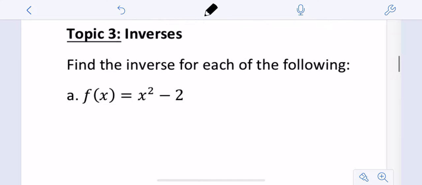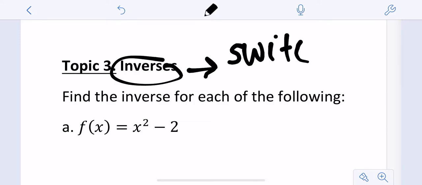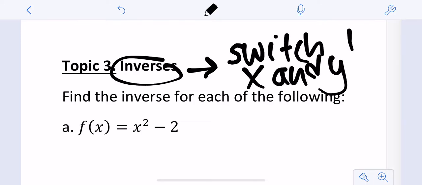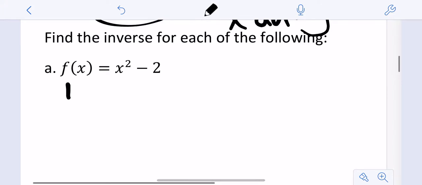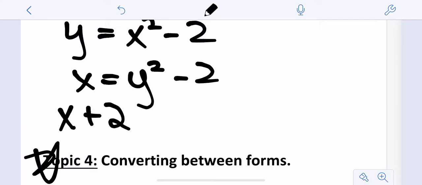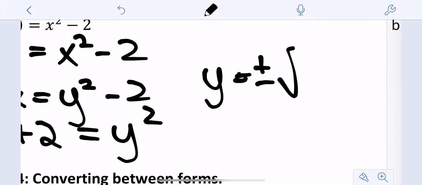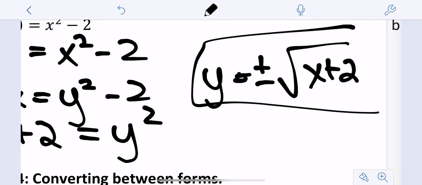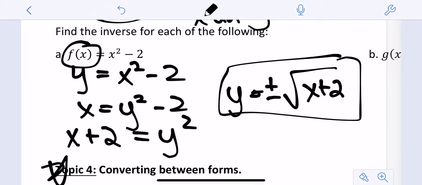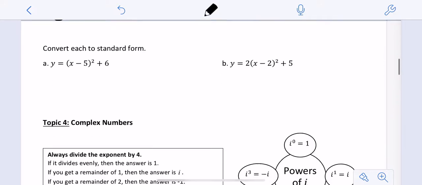So let's talk about inverses while we're here. Inverses should make you think of one key phrase: switch x and y. That's the big thing to remember with inverses. So this is really y = x^2 - 2. When I switch x and y, it's going to be x = y^2 - 2. And so I'm going to add 2 to both sides and then square root both sides. So y = ±√(x + 2). I'm not going to switch this back to be f inverse because that's not a function. This would not be a function when you invert it. It wouldn't pass a vertical line test. And so I'm going to leave it as just y =